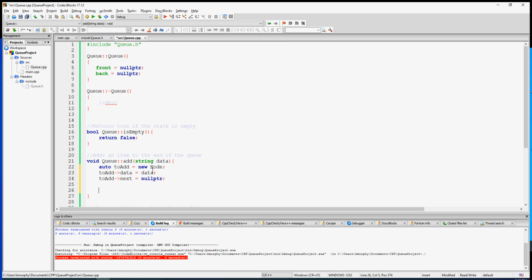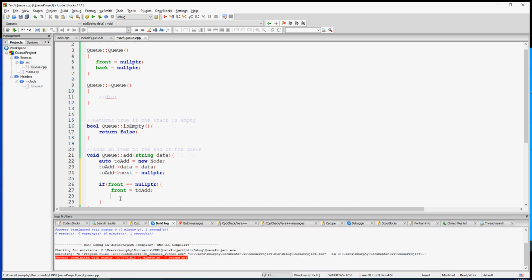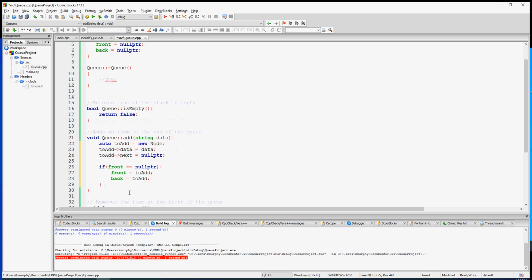Now, if I am adding to the front of the list, meaning if front equals null pointer, that means there's nothing in the list. If there's nothing in the list and I add one item, I know that this is the one item, and I have to set my front equal to add, and I have to set my back equal to add, because there's only one item in the list, so the front and the back are pointing to the same place. Anything else,